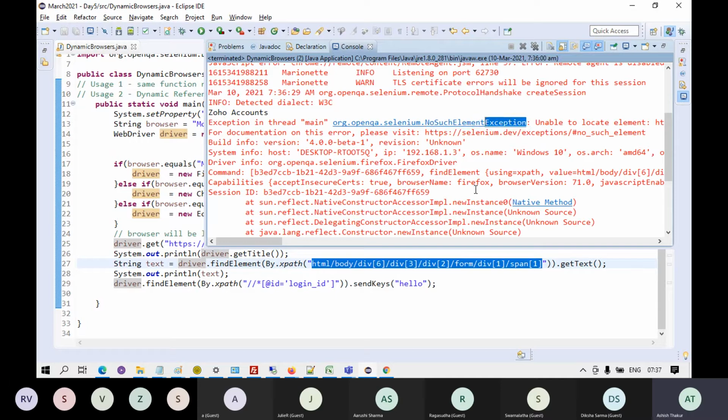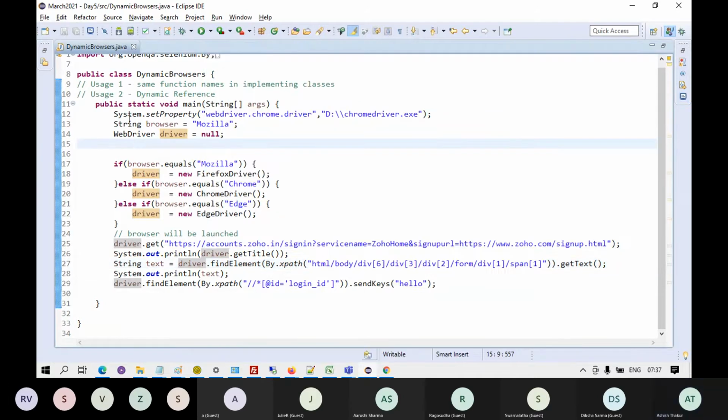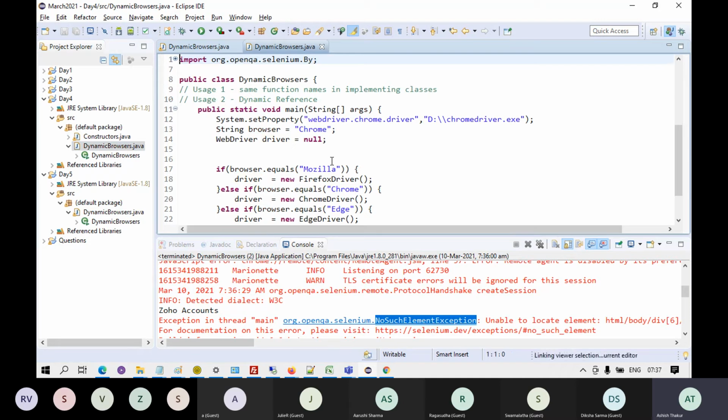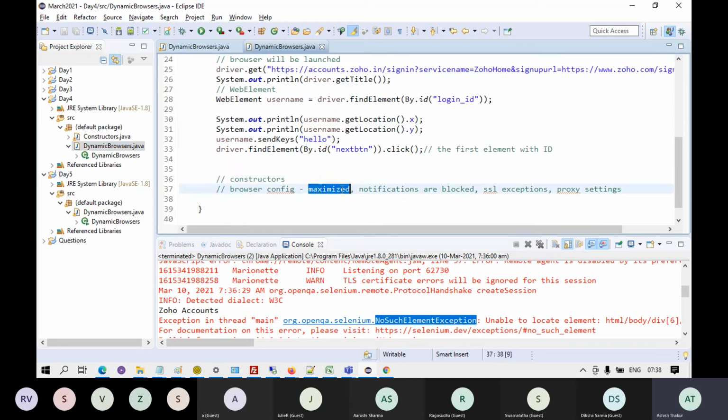Before we go to manage these things, you should understand what exactly exceptions are in Java and how exceptions work, and how we got this no such element exception. All right. So I'm going to jump a little bit towards Java first, and then I'm going to come back to Selenium. Yesterday I had told you that you need to start the browsers with some configurations, maximize, notifications, SSL and all. Look, these are a standard set of codes.